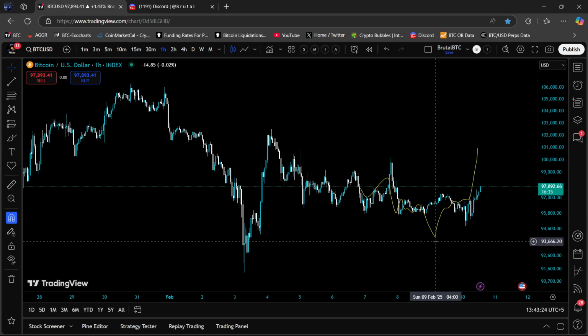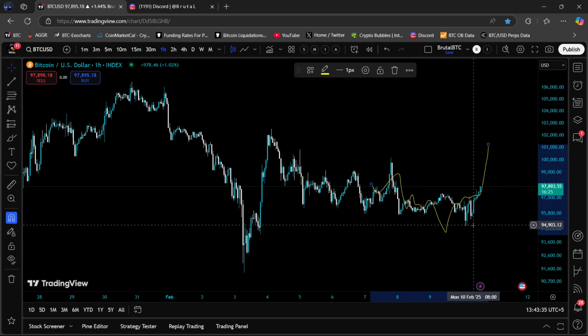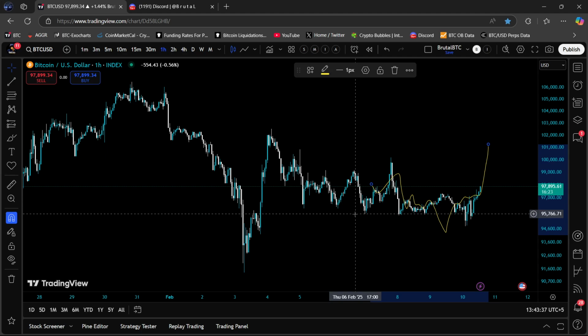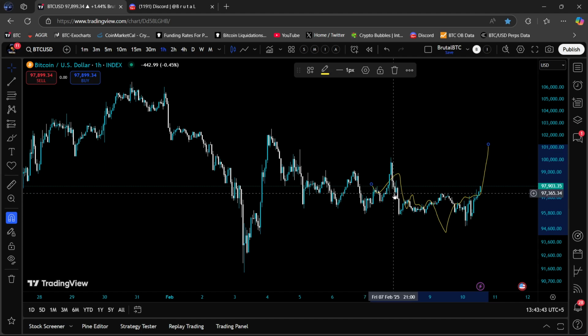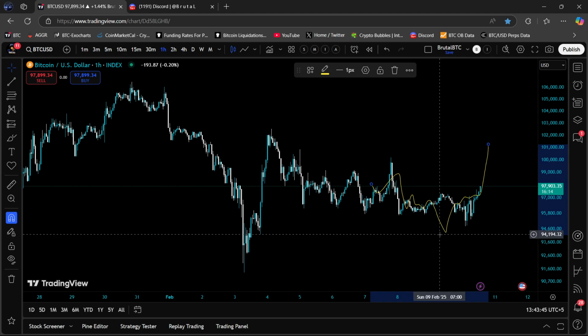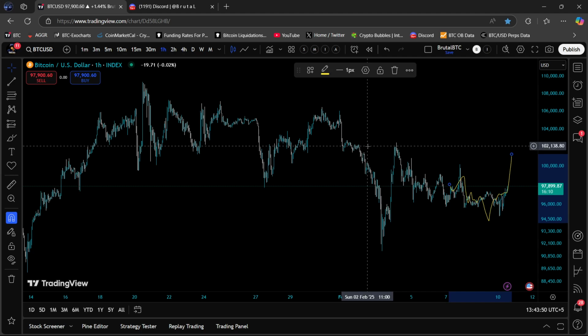So that was the same thing: the price went towards sub 95, with 95.5 and lower as my targets. I was looking to get long at 95.5, and the price did a move to 95.6 and went back to 100k over here. So to be honest, the things still look the same,